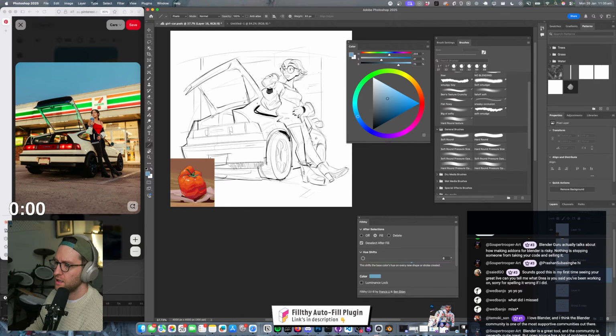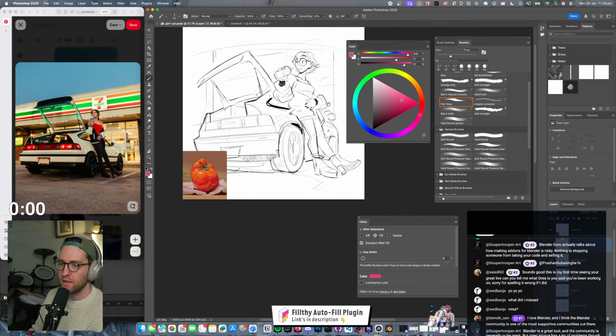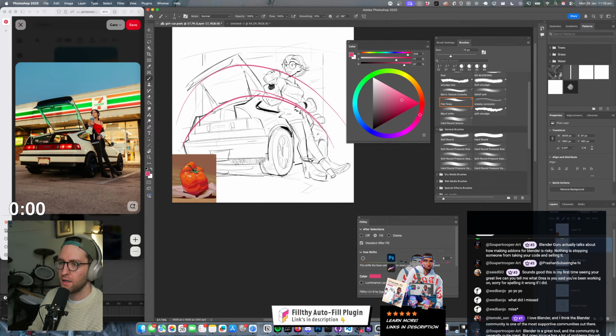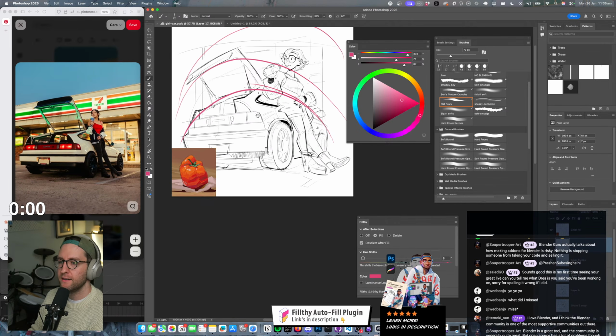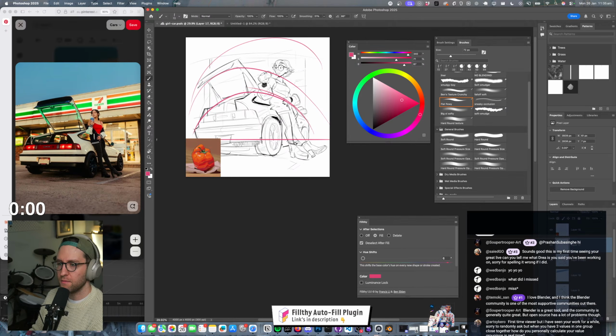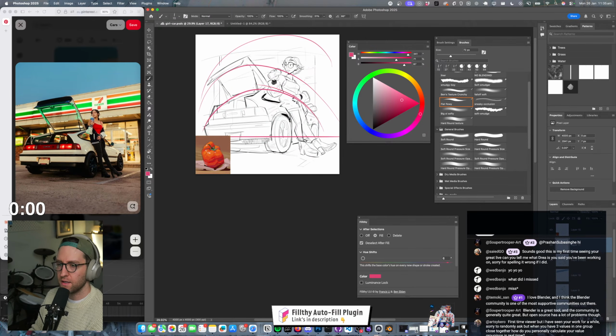So if I overlay my thought process, you see how this car comes up and down, up and down, like everything's on an arc. Then we've got our horizon line around here, or maybe about here actually, and then it's sort of doing something similar.